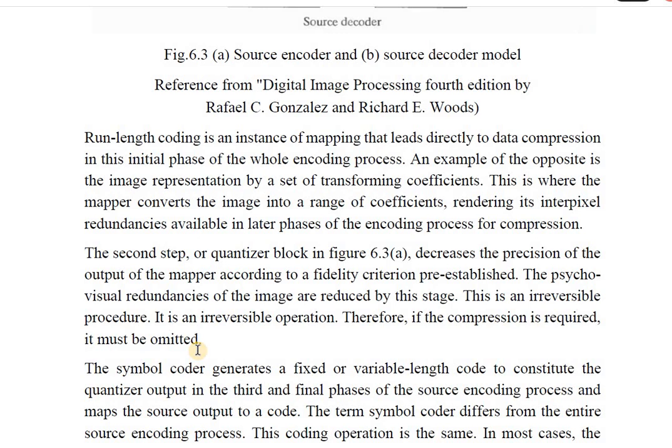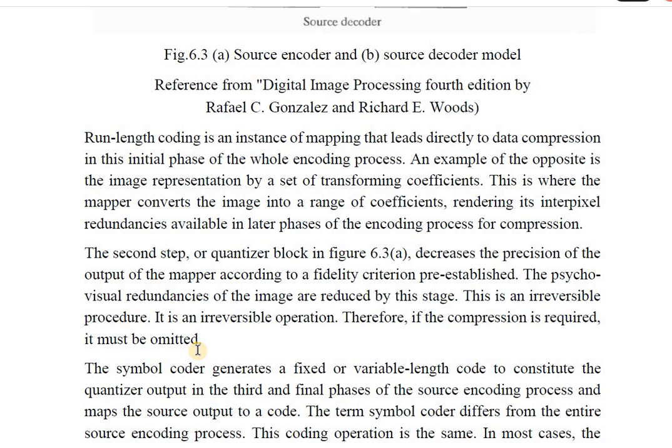Are you getting it? But when I say it will delete the details, that doesn't happen randomly, because you have to consider the fidelity criteria that is decided. We have already talked about what fidelity criteria is. We want to ensure that the compressed image is not of bad quality. You cannot just keep removing details to reduce the size. You should take care of the quality, and whether the image is conveying the same information before and after compression. That is the fidelity criteria. We have already seen it, so I'm not talking about it much right now.